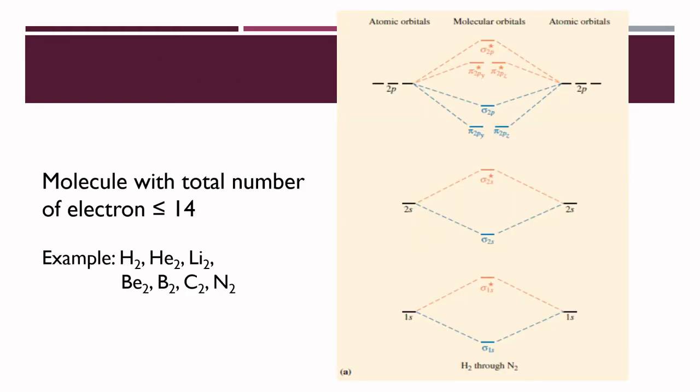For drawing the molecular orbital diagram, there are a few things that we need to consider. The first one is how to draw a molecule with a total number of electrons lower than or equal to 14. Examples of these molecules are hydrogen, helium, lithium, beryllium, boron, carbon, and nitrogen. In this diagram, we first need to draw the atomic orbitals. This is the first step. We draw this one for hydrogen,